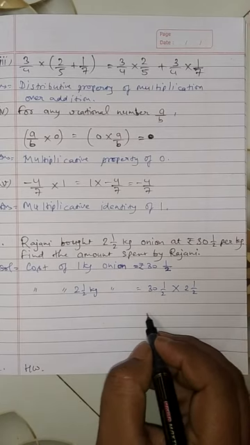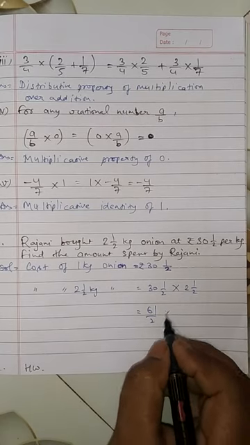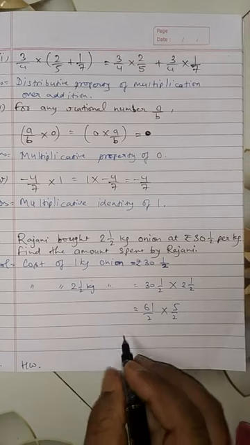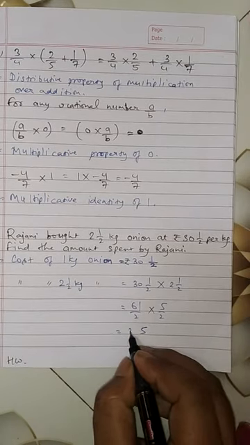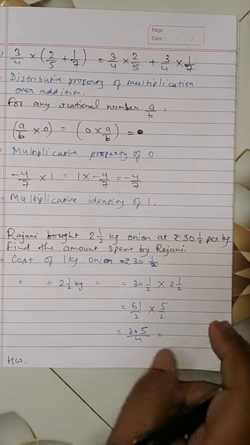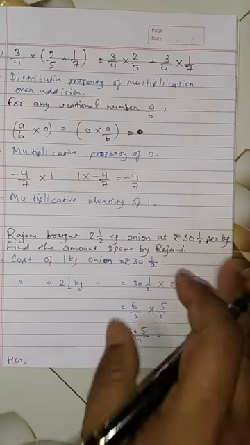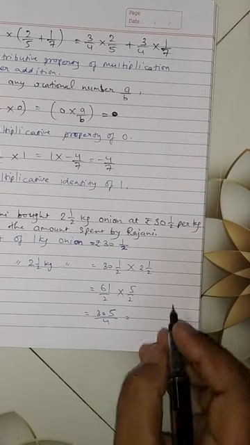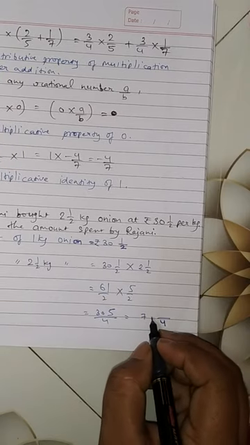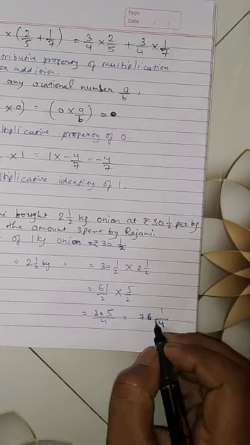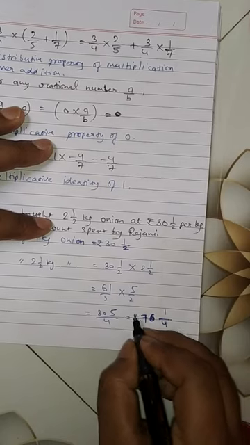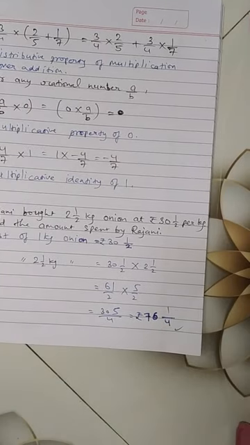32 is 6, 0 and plus 1, 61 upon 2. 2 to the 4 plus 1 5, so this is 5 upon 2. Now 5 ones are 5, 5 6s are 30. 305 upon 2 to the 4. So it can be expressed in mixed fraction because the question is in mixed fraction, so you have to write the answer also in mixed fraction. 4 7s are 28, 4 6s are 24 and 1. So this is 76 and 1 upon 4 is the cost of 2.5 kg onion.